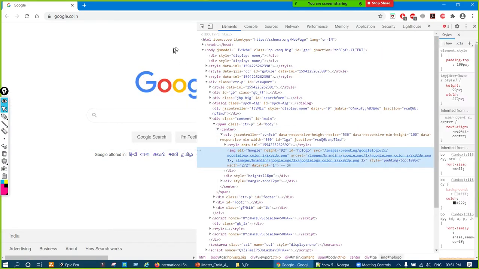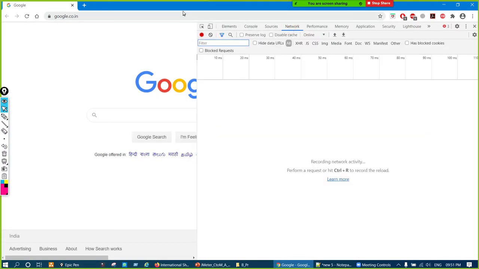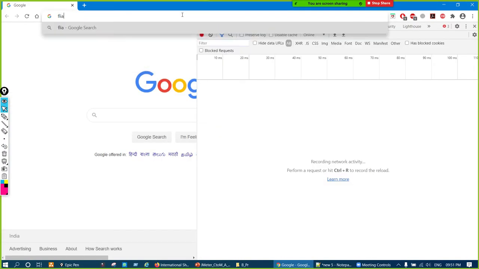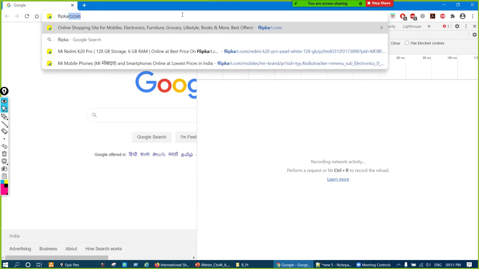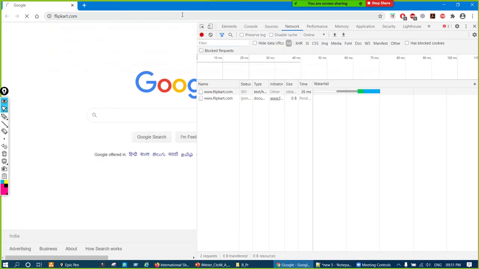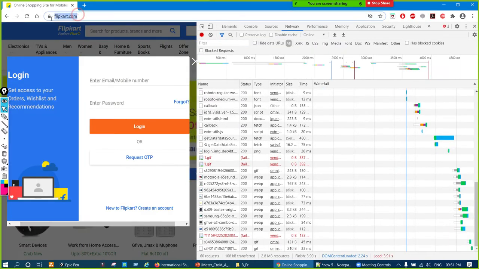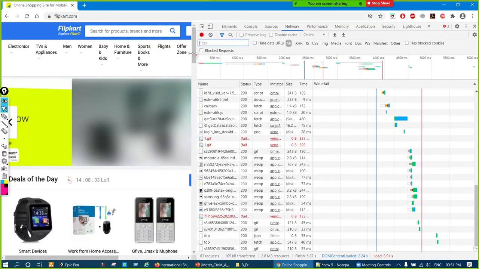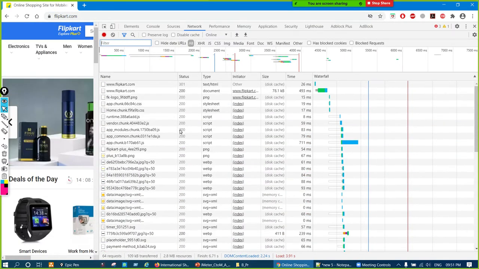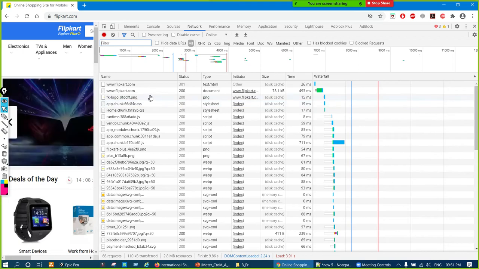So we have to go to the network tab, and let us say I'll call Flipkart. In the request, only flipkart.com went. Apart from that, the embedded resources you see here, two requests went to the server, right?